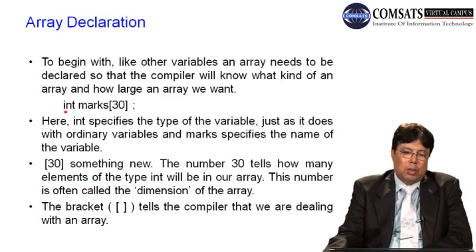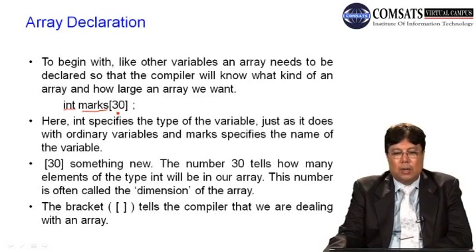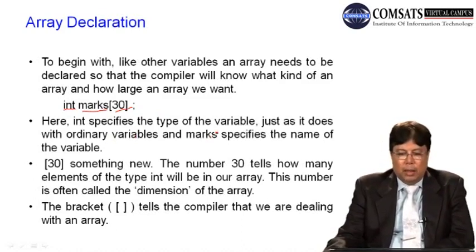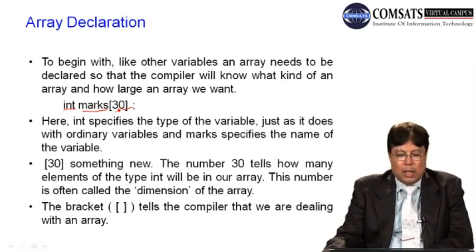Just like a variable, आप पहले उसका need to provide the data type. Suppose it is an integer, so you define integer, then the name of the array, and then the size of the array. Okay, type of the array, name of the array, size of the array, and this is called the declaration of an array. So here we need to provide 3 items: the data type, name, size, and size should be enclosed in square brackets,